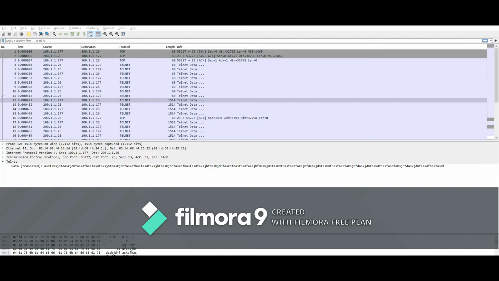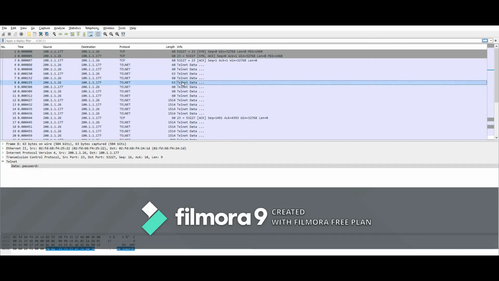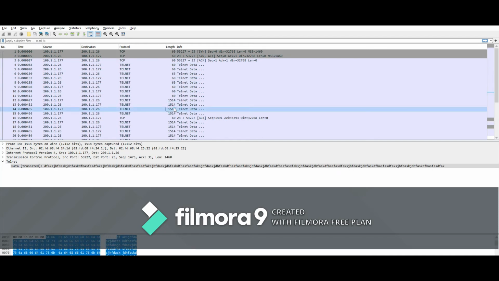To achieve that, the tool Scapy can be used to create fragmented packets from the given original PCAP. For example, this is the original PCAP. In this PCAP, we could see many packets with different packet sizes. For example, this is the 60 bytes packet size.